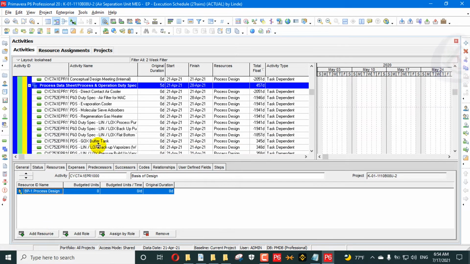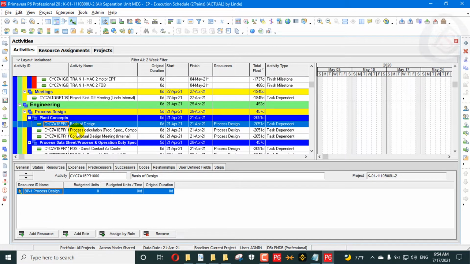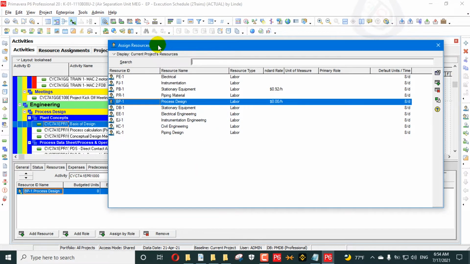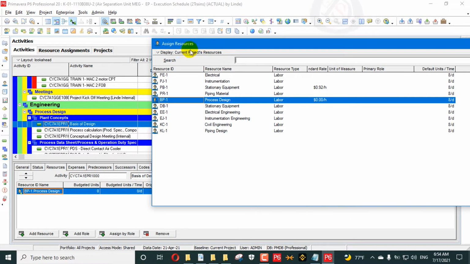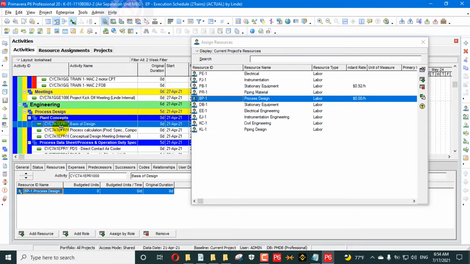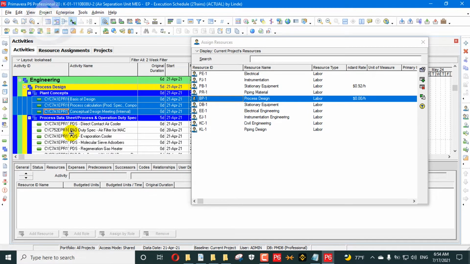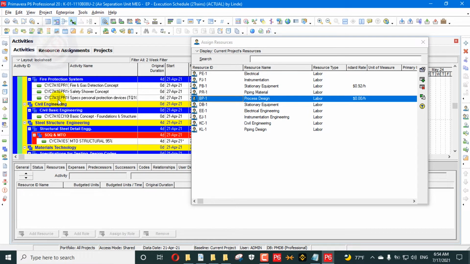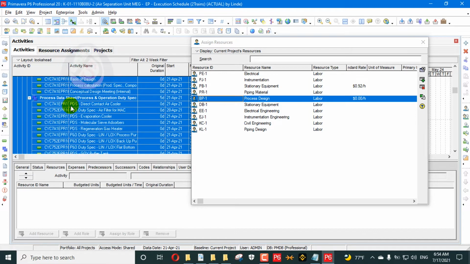First of all, just select one activity here, only one activity, and add resource. So when we open the add resource option, here we have the assigning resource option. So here we will close this window, shorten this window to see all the activities here. So first of all, I will add a resource here, maybe in 3 WBS. People think that we cannot select in the WBS. So we can select the WBS.